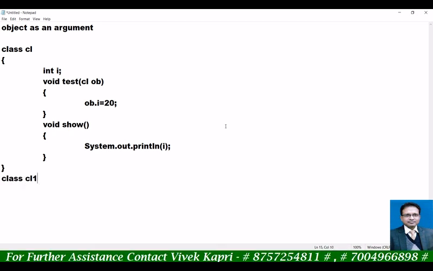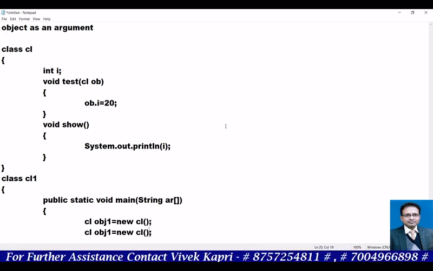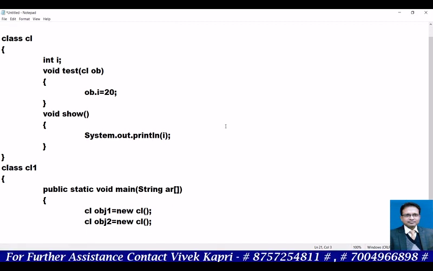Now we are creating another class, class cl1, with public static void main(String args[]). This time we will create two objects, cl obj1 equal to new cl, and one more object, cl obj2 equal to new cl.